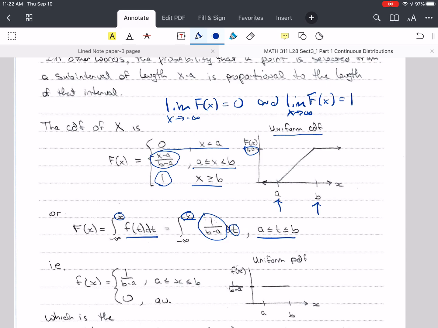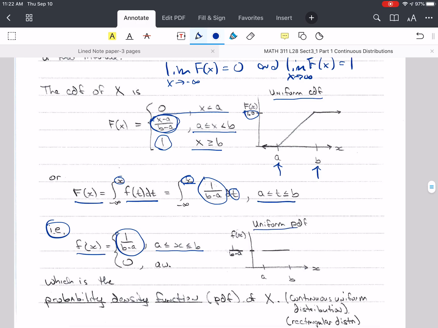Okay. So in other words, we take the derivative of capital F of x, and we get little f of x. If you do take this quantity and take the derivative, you will see that you get 1 over b minus a for x between a and b, and 0 otherwise, right? And if we graph this PDF, then in order to have an area under the curve of 1,